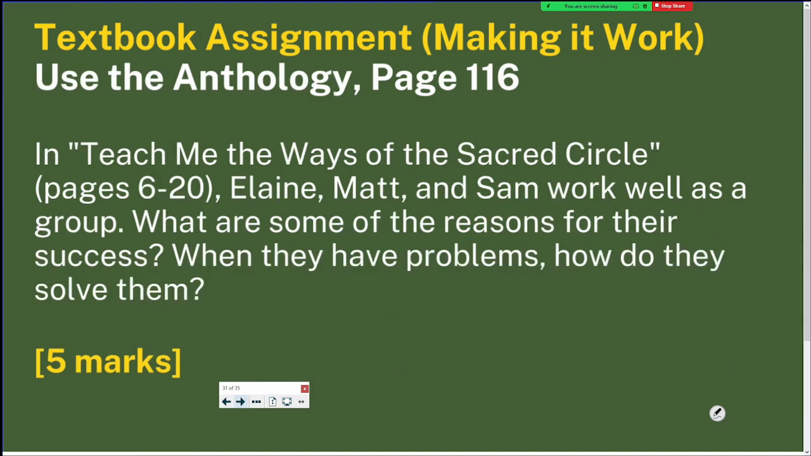So in Teach Me the Ways of the Sacred Circle, pages 6 through 20, Elaine, Matt, and Sam work well as a group. What are some of the reasons for their success? When they have problems, how do they solve them? Okay, so for that question, you have to go back to our reading from Unit 1, Teach Me the Ways of the Sacred Circle. And what I would do for this lesson, I would